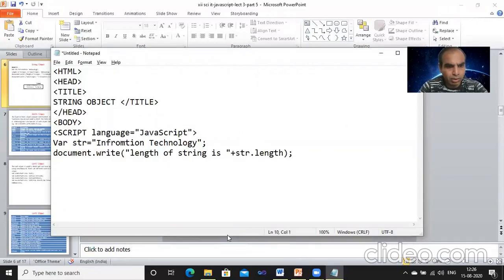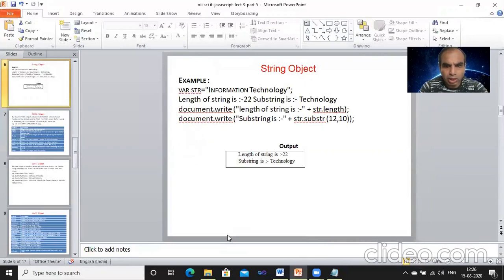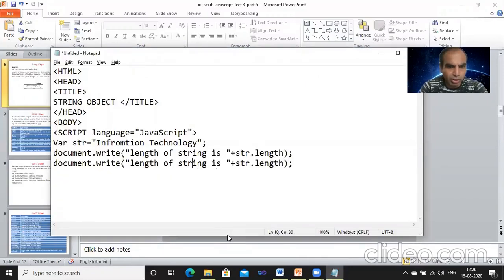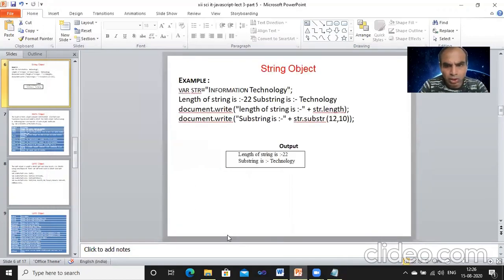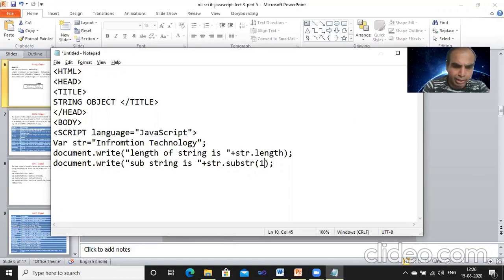Then document.write, the substring is, str.substr, and in the brackets starting character 12, and how many characters? 10 characters we want to extract.